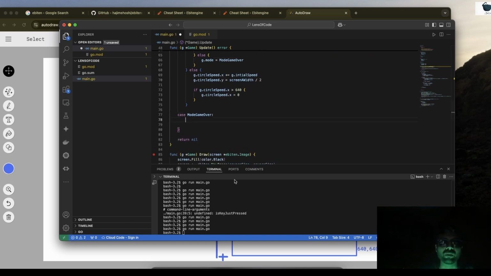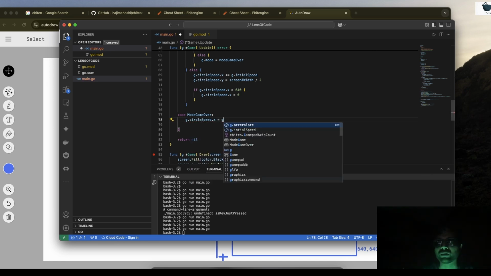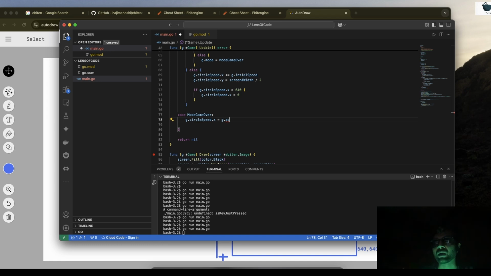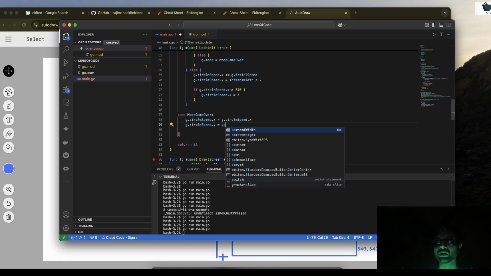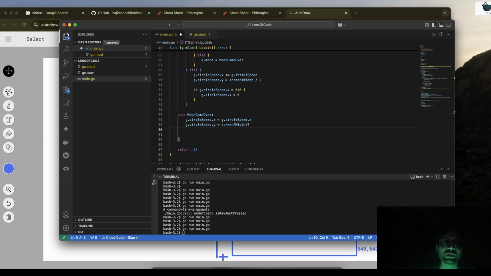Actually in game over we will not be doing anything, just stopping the circle where it is. circle.x is equal to g.circle speed.x, and y anyway g.circle.y is equal to screen width divided by 2. That's it. And here also g is key is pressed,